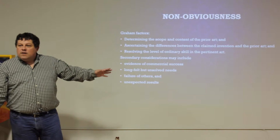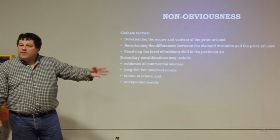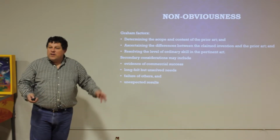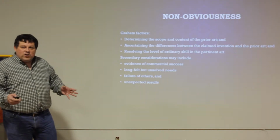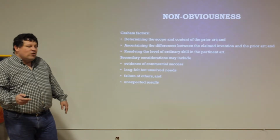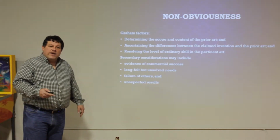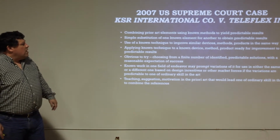If the way you did it, people were expecting different results, that it wouldn't work, you can look at the literature and it turned out it worked in a better way, a different way, that's evidence that it would be non-obvious. So these are some things to consider when you're trying to judge your own invention. Sometimes you don't want to kill it too early. Sometimes a patent attorney can see arguments and evidence to make that can help you make that case. In 2007, the Supreme Court mentioned more factors